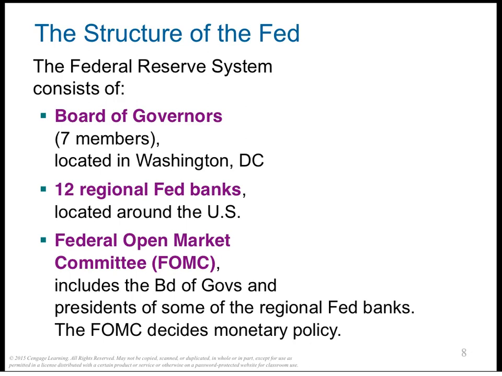Among the 7 members of the Board of Governors, the most important is the chairman. The chairman directs the Fed staff, presides over board meetings, and testifies regularly about Fed policy in front of congressional committees. The president appoints the chairman to a 4-year term. And in January 2014, the Fed chairman is Janet Yellen, actually Fed chairwoman, who was appointed by Barack